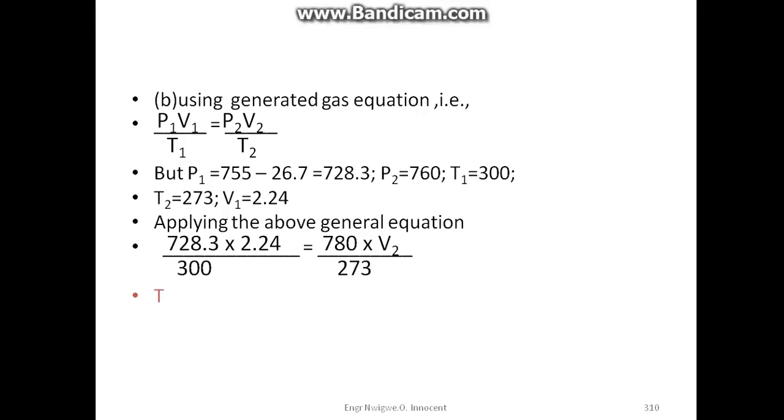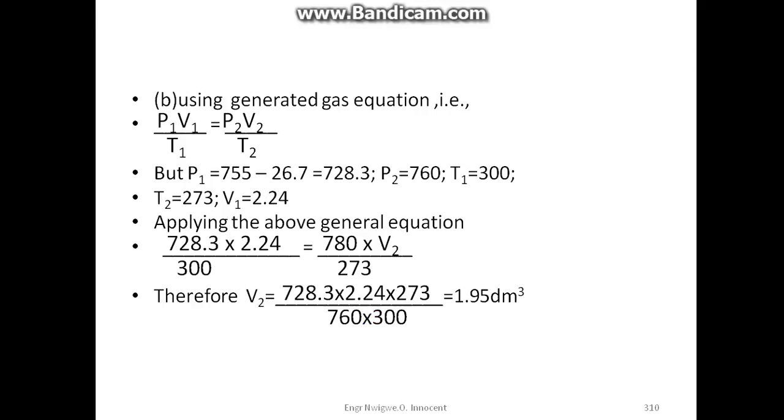Making V2 the subject of the formula since it is the unknown, V2 will now become 728.3 times 2.24 times 273, all divided by 760 times 300, which will now give us